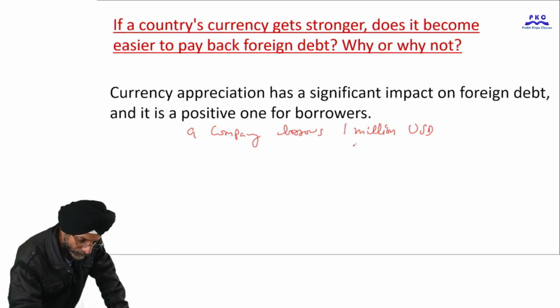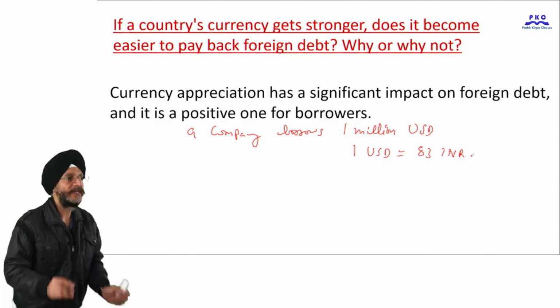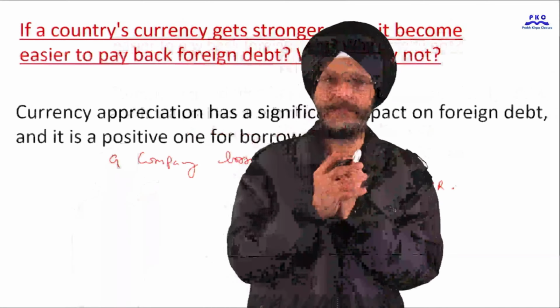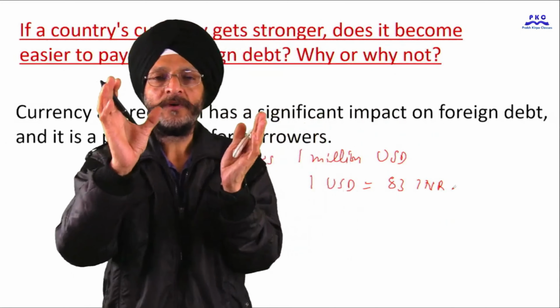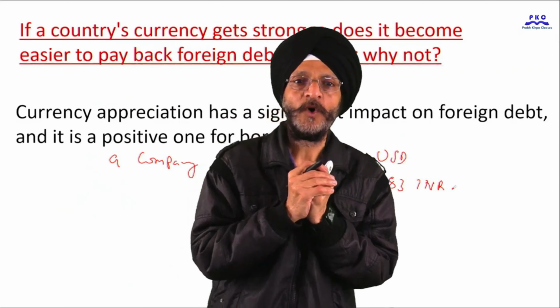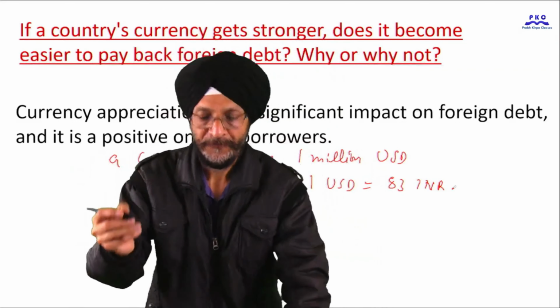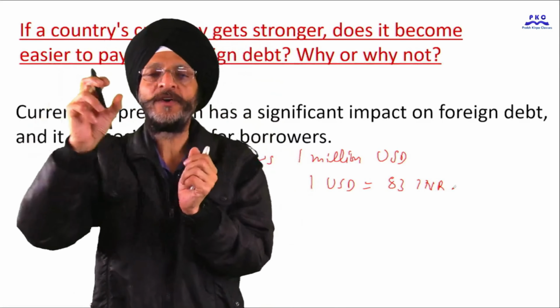Suppose the value of 1 US dollar is equal to 83 Indian rupees. INR is the currency of India. So, what is the loan which has been availed by a company or the government of India? If the current value of the loan in Indian rupee is